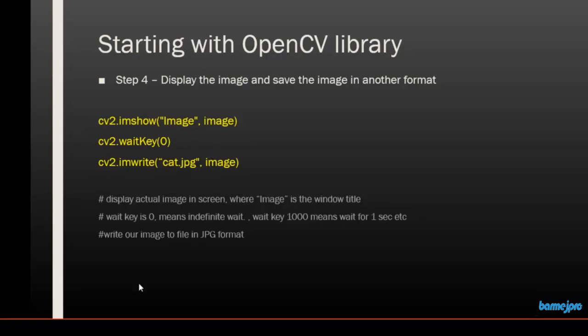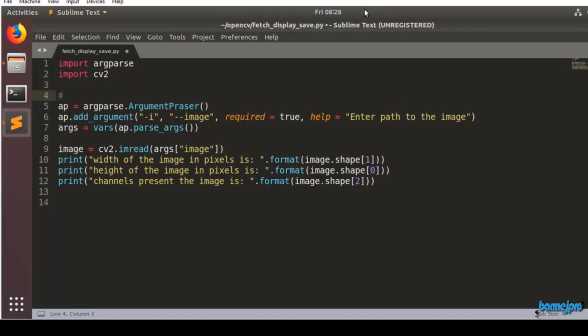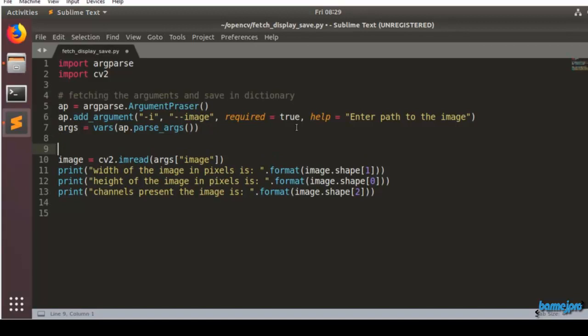So we are going to our code, and before we proceed, let's comment the lines so that you will understand what exactly we were using them for. Python comments are written by using the hash key. So whatever you write after the hash key will not be considered by Python. So you can enter comments using the hash key. So, hash: fetching the arguments and save in dictionary. And here, make a habit of commenting while you write the code